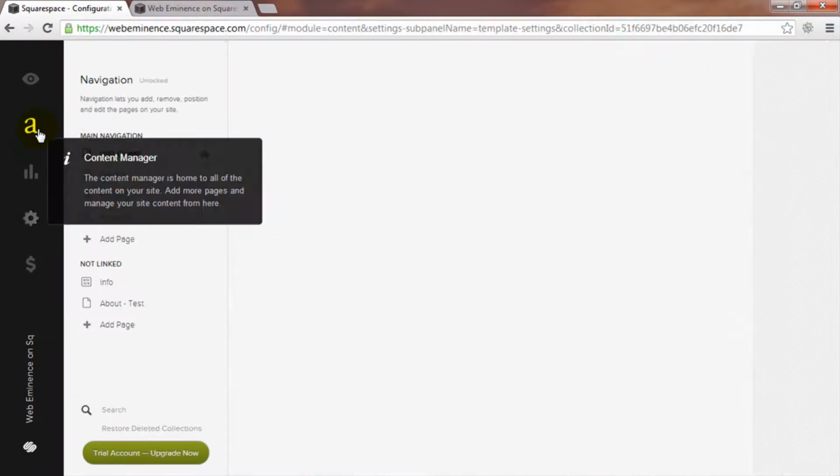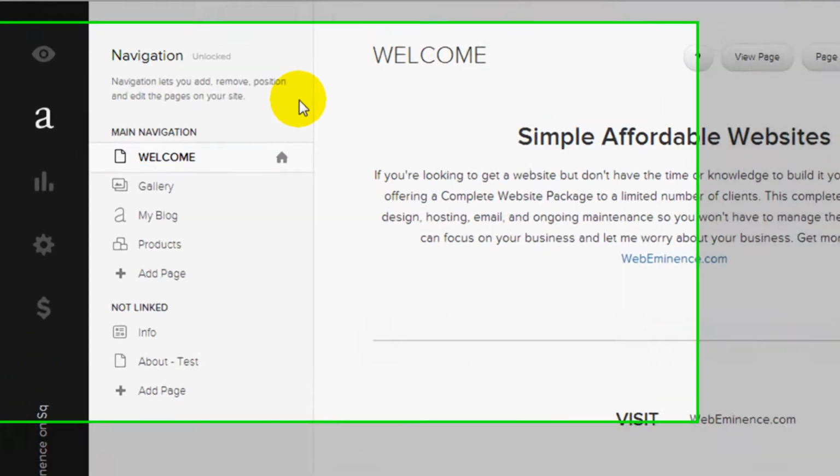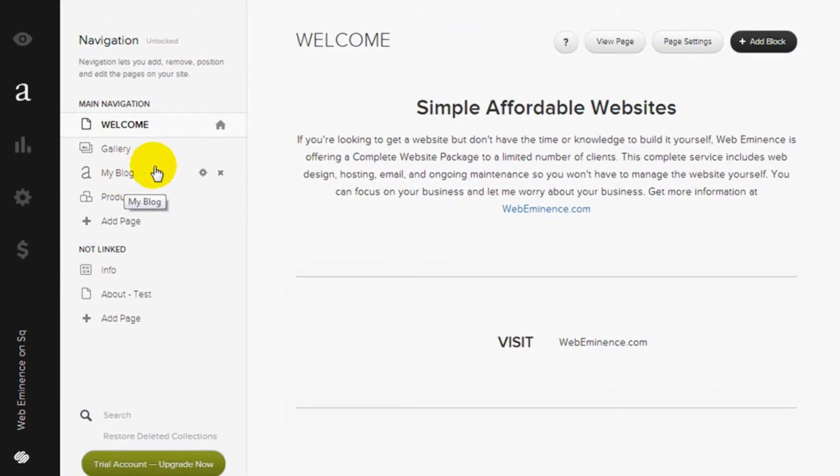I'm going to go back to the content manager. And like I said, this is where you're going to spend most of your time creating and managing the content of your site. On the left hand side you have the main navigation, and some of this will already be there depending on the template you choose. Like they already had a gallery page, I added a blog page and a products page. So you can drag these around to reorder the navigation on your site, and then over in this area on the right is where you're actually going to edit the content for the current page. I'm currently on the welcome page,